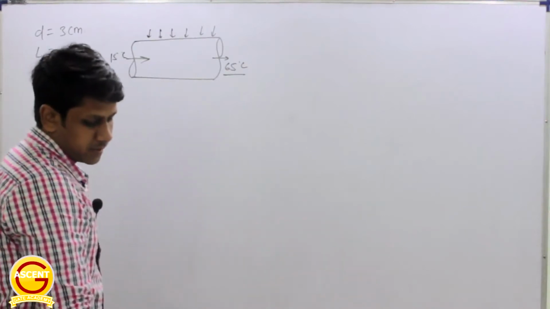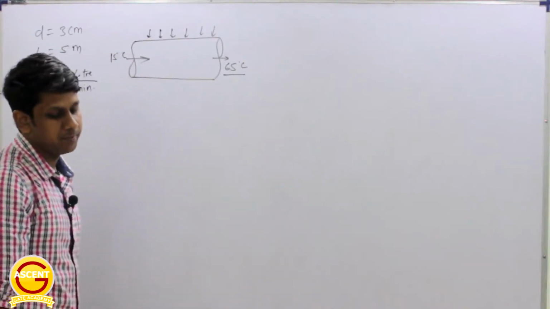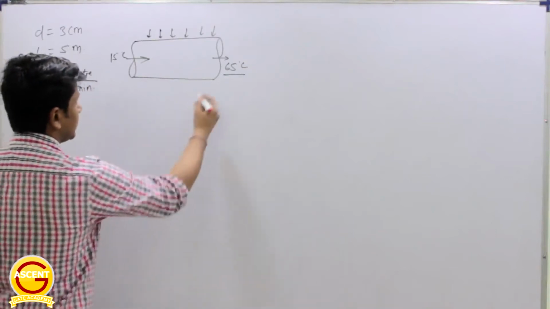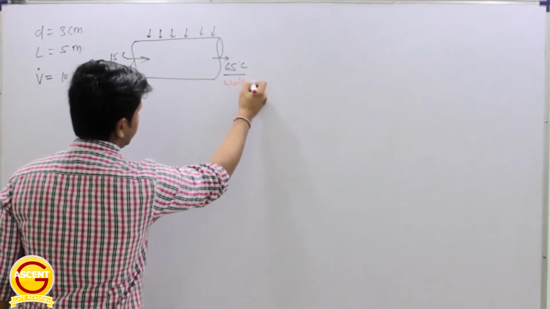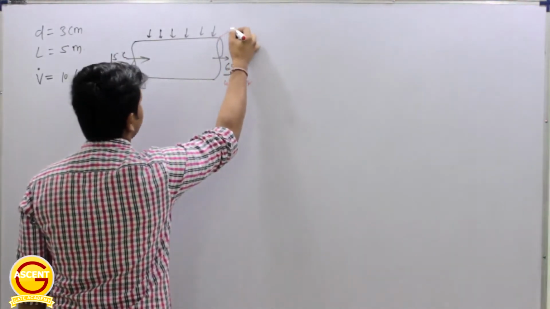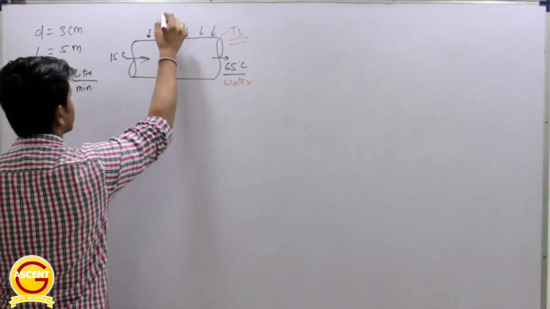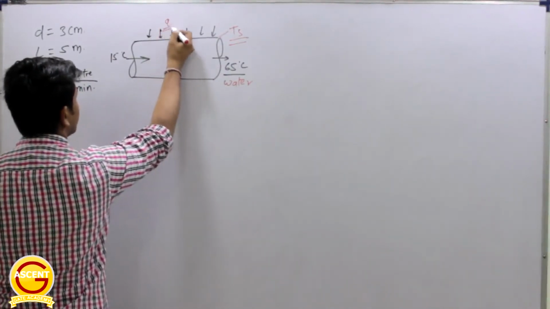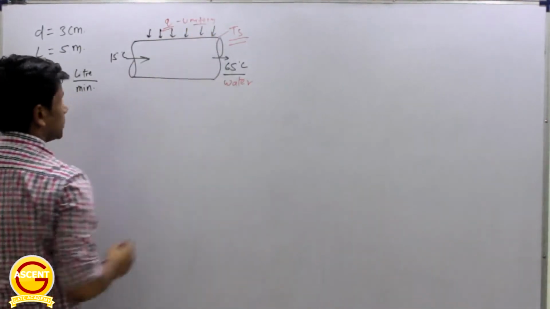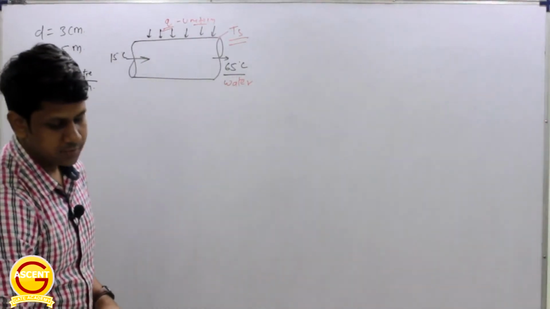So he is saying determine the power rating of the heater and also estimate the inner surface temperature of the pipe at the exit, right? So the exit temperature of water is how much? It is 65, but he is asking the temperature of the surface of this pipe at the exit, right? And it is a uniform heat flux problem. So this Q flux is uniform, correct? Okay, so how can we do this?